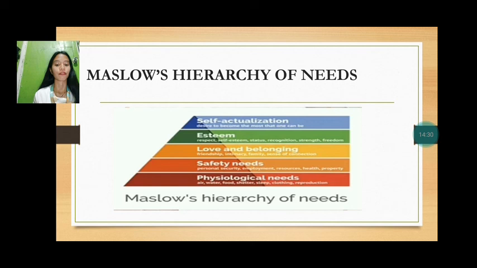And now, the fifth and last stage is self-actualization, which is the desire to become the most that one can be. Okay? If we breathe and drink, eat and sleep enough, and we feel safe, part of a group, and still special, that means we reach self-actualization. In this stage, we can satisfy our self-actualization by achieving our needs.